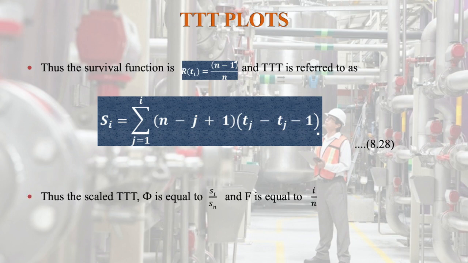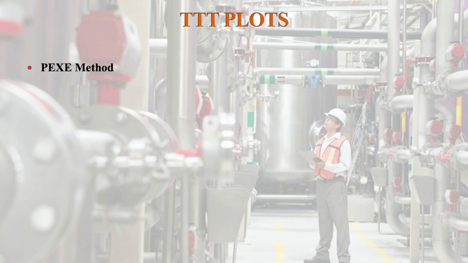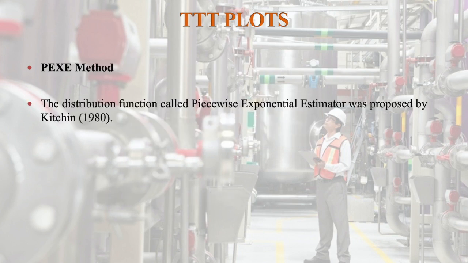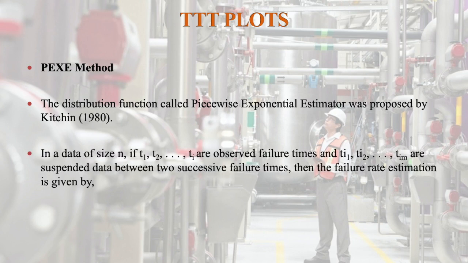So thus the scaled TTT phi i is equal to sigma Si by Sn, and F is equal to i by n. Next method, that is the PEXE method. The distribution function called the piecewise exponential estimator was proposed by Kitchin in 1980. In the data of size n,